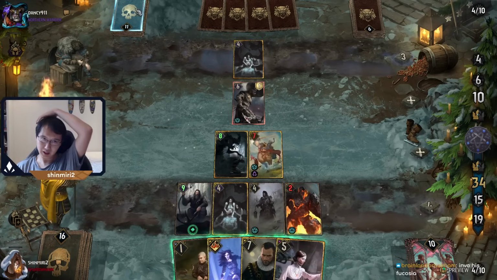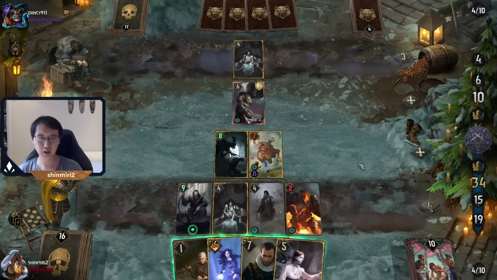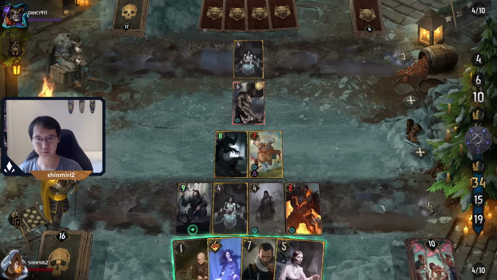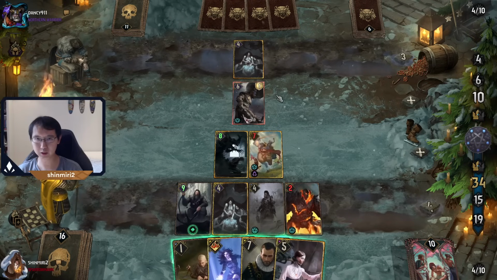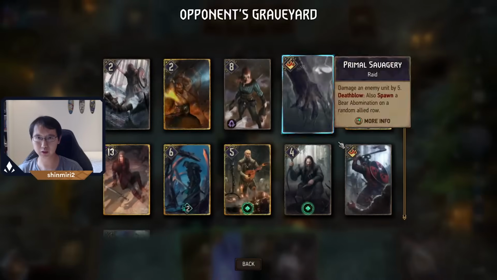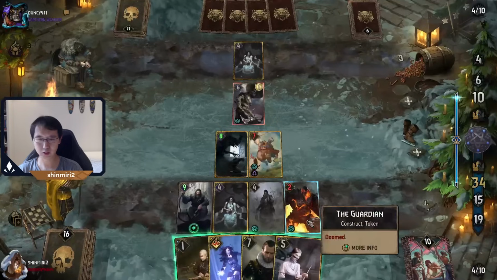We don't have last say. He has a 16-point invader for his last say. We're not gonna get to invo that. And then what else do we know he has? He has Blood Eagle. Blood Eagle, Primal Savagery, War Clans. Yeah, so I think this is our